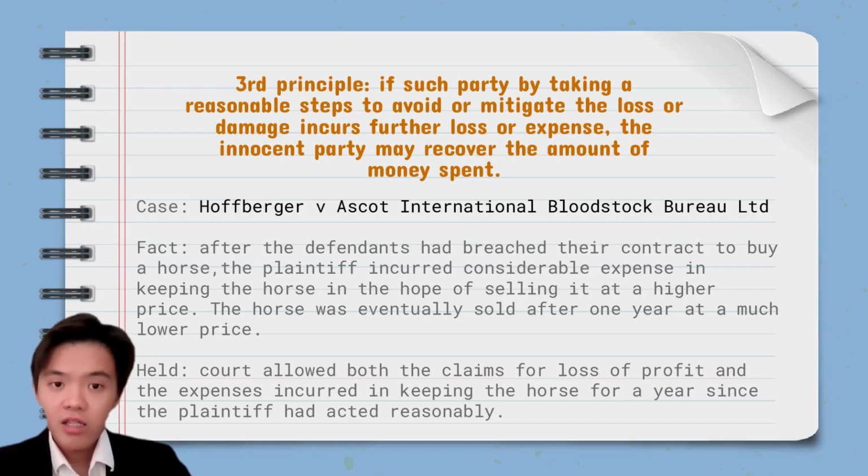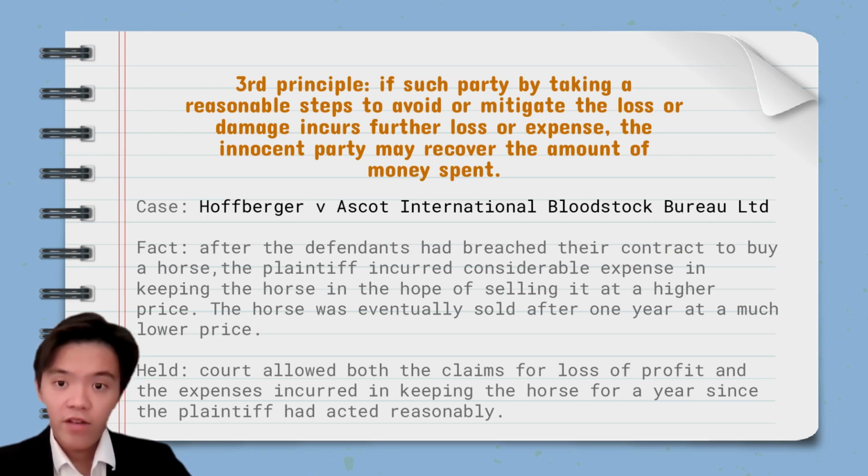In general, this principle might contradict the second principle, where such amount used to mitigate or avoid losses might not be recoverable. However, here it is stated that in order to recover the amount of money spent in mitigating, the innocent party must ensure that the action he takes in mitigating the losses or attempting to mitigate the losses is reasonable. In the case of Hofberger and Esker International Bloodstock Brewery Limited, the plaintiff spent a lot of money keeping